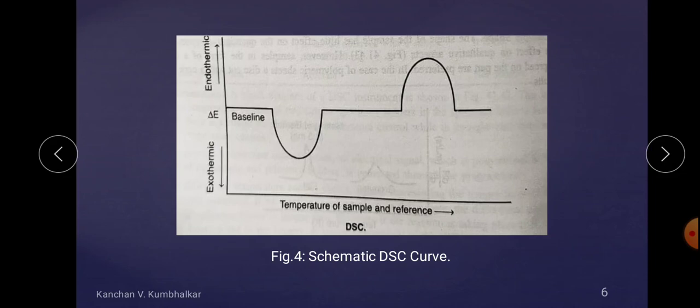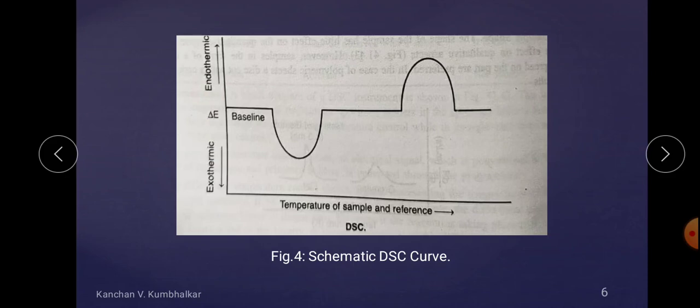In this curve, as previously stated, delta H can be easily expressed in terms of delta E, meaning delta E is considered a representative of delta H. In DSC, on the x-axis we put the temperature value, and on the y-axis we put delta H upon delta T. The delta E is nothing but a representative of delta H. Whatever effect happens in delta H, the same effect is observed as delta E. Hence, in the DSC curve, instead of delta H we put delta E here.